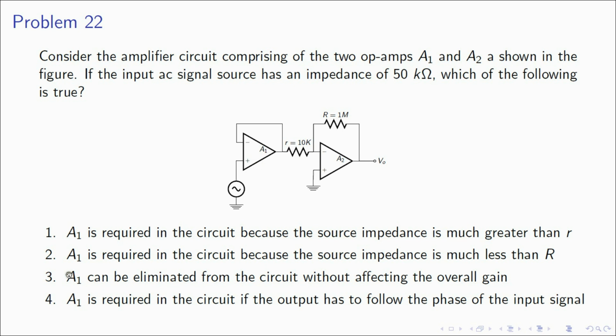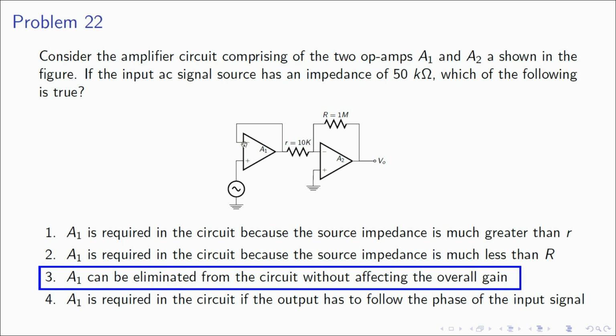So it says A1 can be eliminated from the circuit without affecting the overall gain. That is right, because it has a gain of 1, so even if you remove it, the gain will not change. But of course it's not advisable to remove it, because then the system might become a little bit unstable, but still option 3 is the right one. Okay,